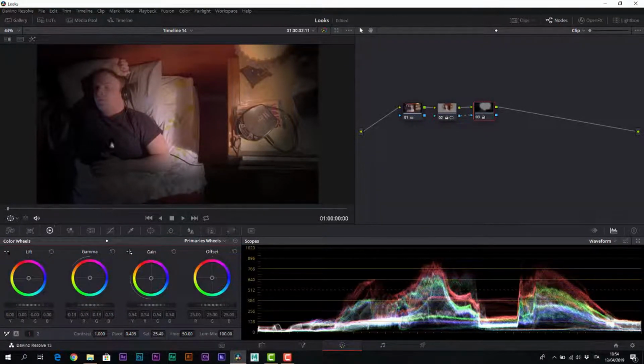We are not going to touch the lift because we already have full blacks and we do not have to make the outside world disappear. We just have to make it darker, more nocturnal. If needed, we can go back to the first node and reinforce a bit, since we have desaturated the image, the colder highlights that remain on the face of the character.